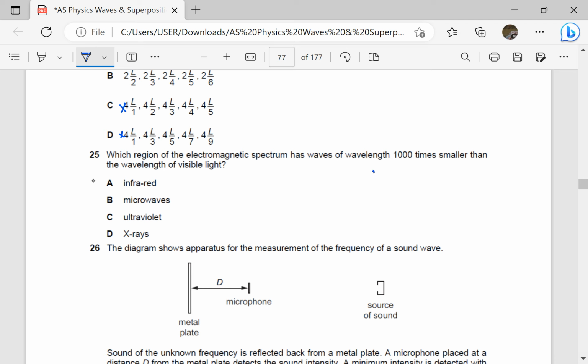Wavelength of visible light is approximately 10 times 10 power negative 7, then times 1,000, which becomes 10 power negative 4. X-rays is wrong because "Rumenera's mother is visiting Uncle Xavier's garden." Visible is 10 power negative 7. When I get negative 4 it is on this side, so it must be microwaves or infrared, one of the two. But most probably,